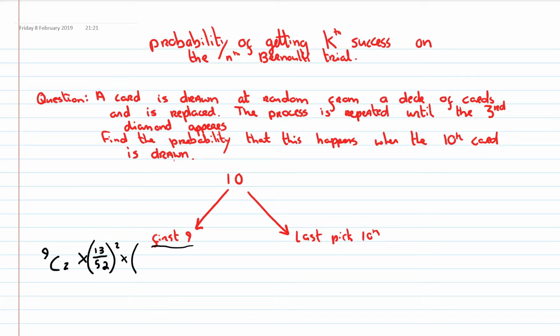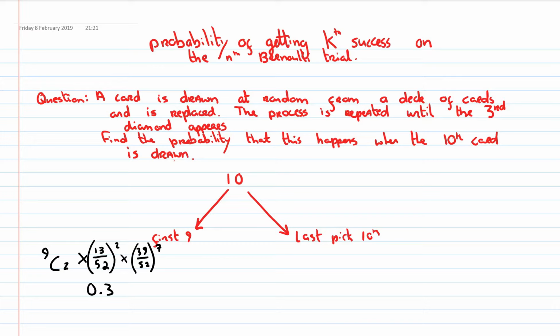And what's my chance of not getting a diamond? It's 39 out of 52. With 9 picks and 2 successes, I must have 7 failures. Let's see what that is, and that answer is